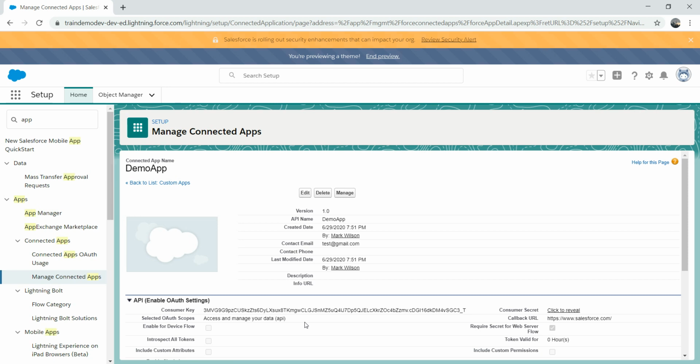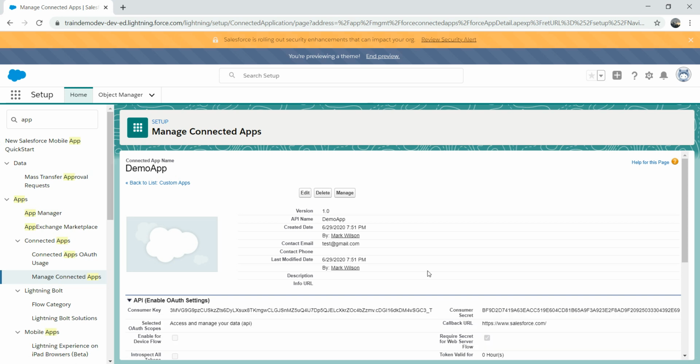You need to know this, because if you're giving this to someone else, like a third-party vendor, you need to give them the consumer key and consumer secret when you click there. Don't worry about it. My org, I'll be deleting it, so you can't fiddle with it anyway. It's just a test org. So this is the consumer key, and please keep this key secret, and it's a consumer secret as well. These two things are very important. And then another thing you need